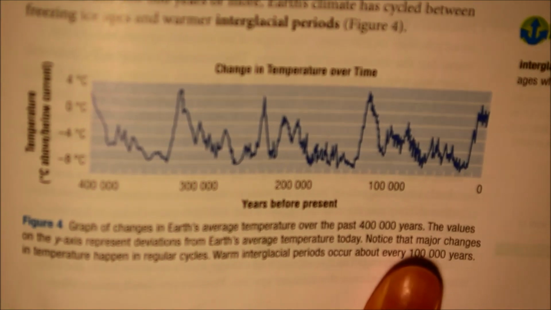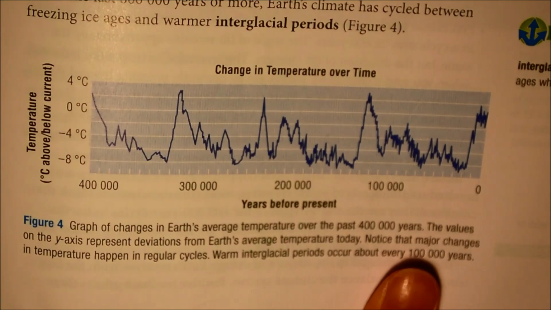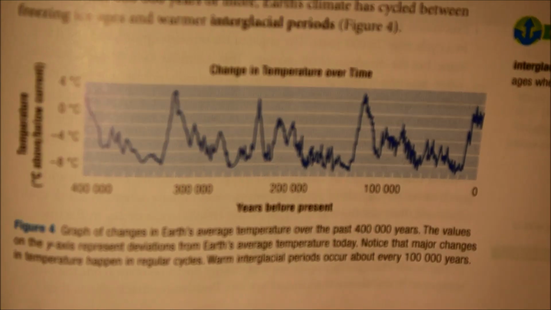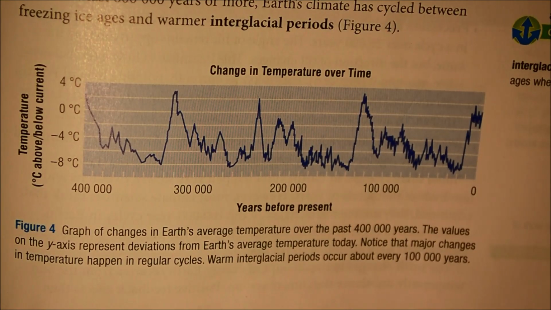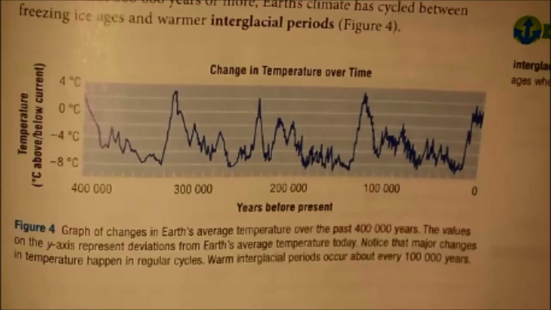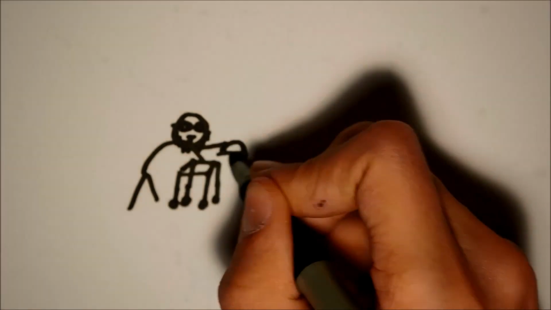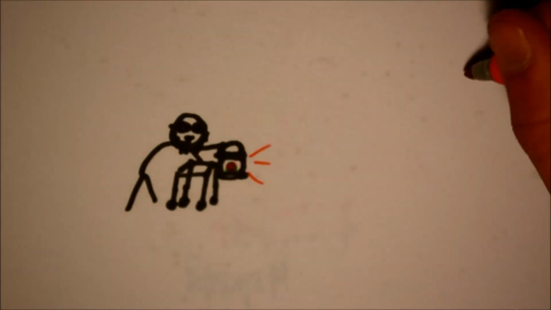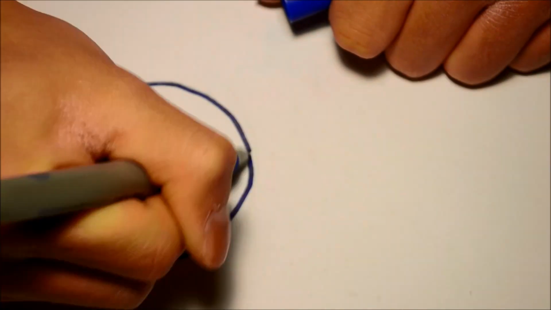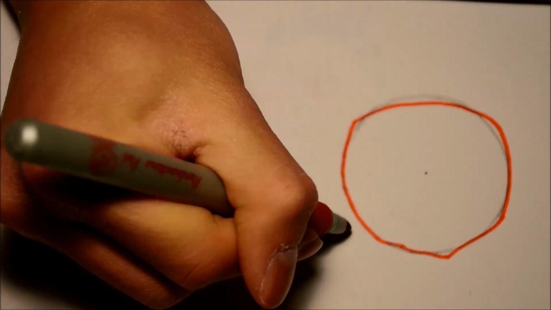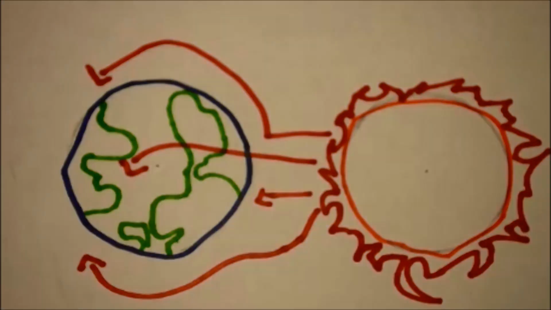For the past 800,000 years, the Earth has cycled through freezing ice ages and warm interglacial periods. The latter occurs every 100,000 years. These aforementioned climate variations are known as long-term changes, as they obviously occur over long periods of time. But why do these changes occur? We should shed some light on this, or rather, let the sun do that for you. Differences in how the Earth absorbs or distributes the sun's energy are precisely why long-term changes in climate occur.